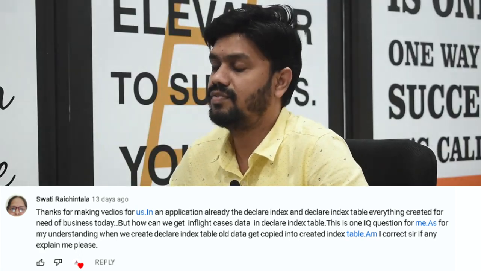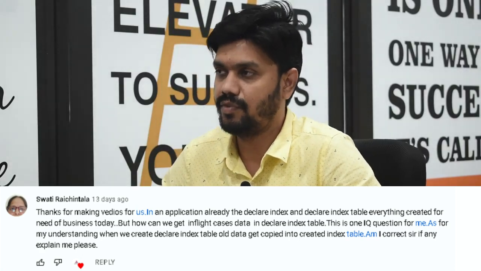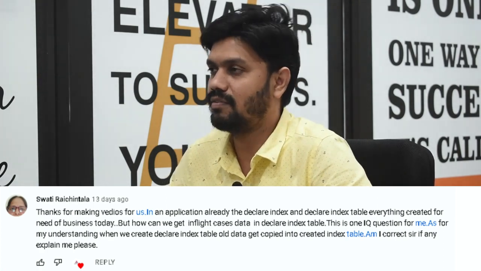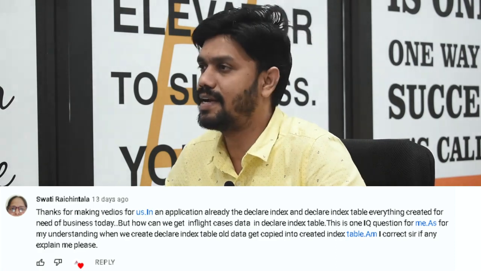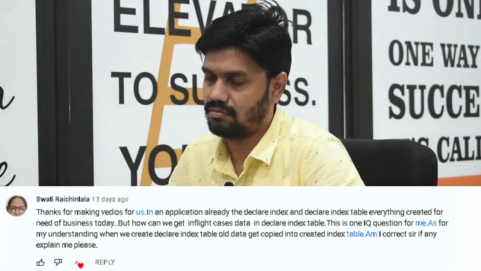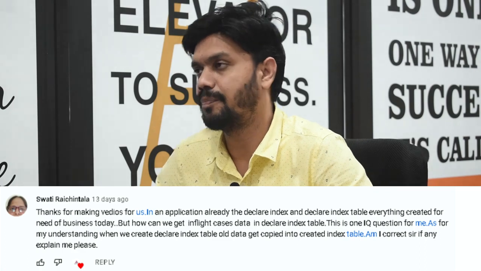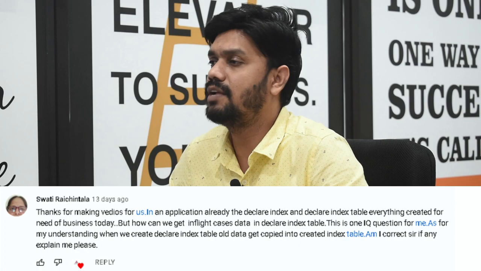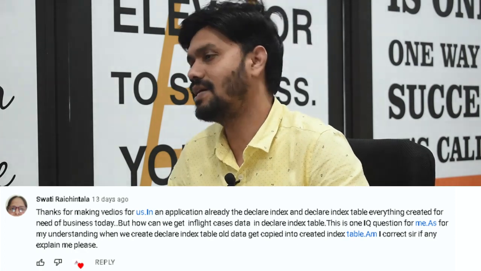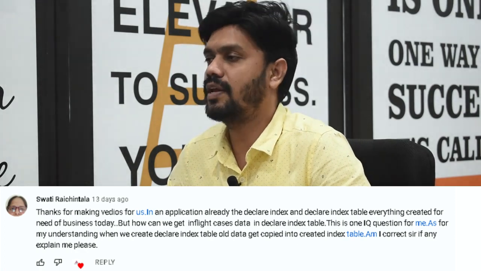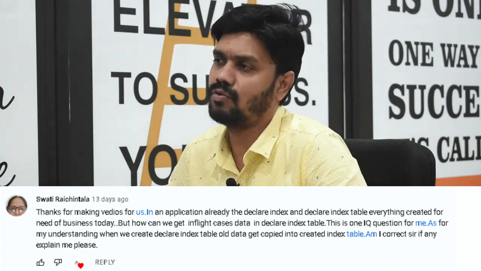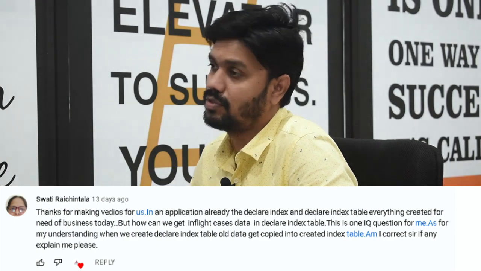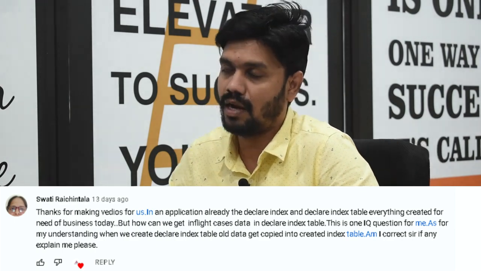Okay. If this question is asked in an interview, the interviewer is not simply expecting whether the index table gets created and data gets loaded by the respective internal jobs that are running. Usually when we create the declare index, the table gets created and in-flight cases data will be uploaded into the index table. And in future, any cases we create will get loaded into the respective work as well as index tables. But the point here is when we move this code from development to another server,